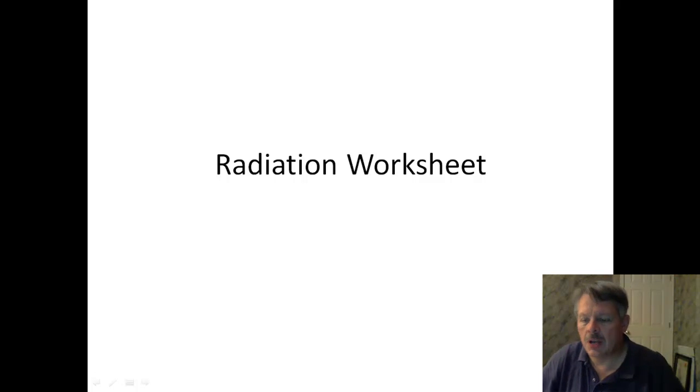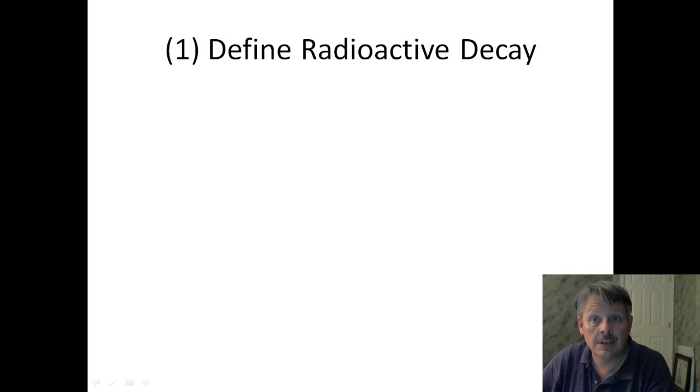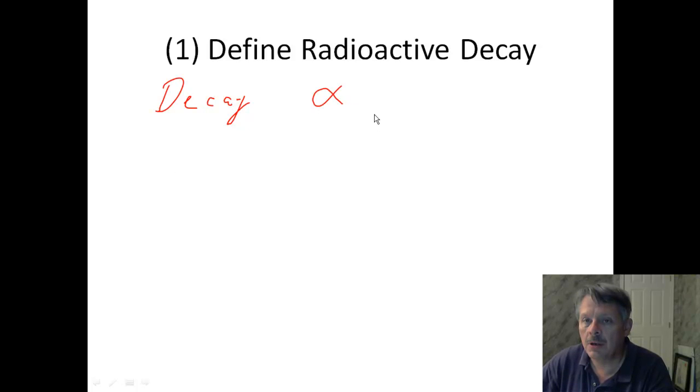Hi everybody, today we're going to talk about radiation. We're going to learn a lot more about radiation when we're in chemistry, but there's some basic stuff that you should already understand. You should be able to define radioactive decay, right? And you should know that what decay means is that something is breaking apart. So for example, I could give off an alpha particle, I could give off a beta particle, I could give off a gamma ray, and these are things